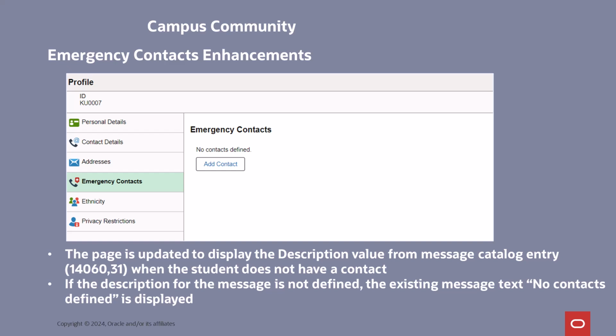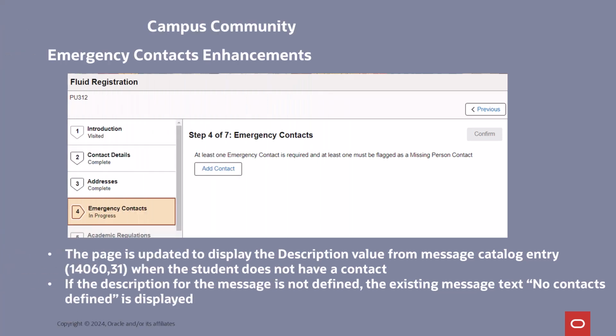The final change is an update to the message displayed on the emergency contacts page when the student does not have a contact defined. Currently, no contacts defined is displayed from the short message text of the message catalog entry, and this update allows the longer description value to be displayed to provide more information to the student on what is required. If the description of the message is not defined, the page continues to display the no contacts defined message text. In this example, where the page is being used in an activity guide, a description has been added